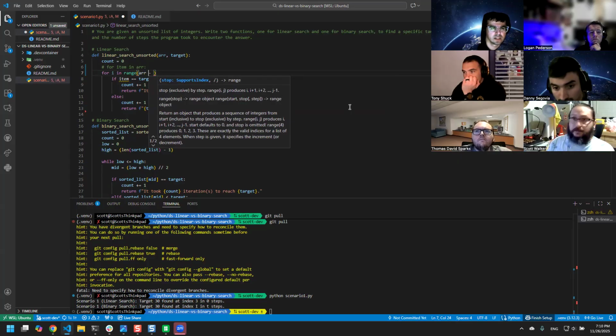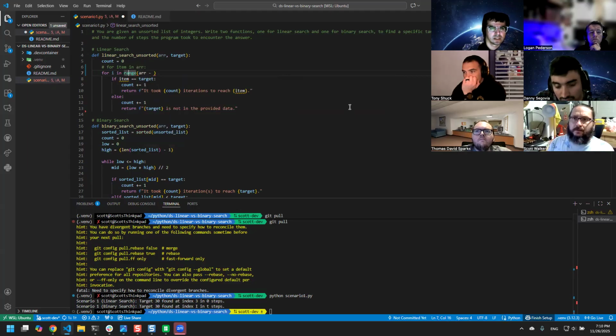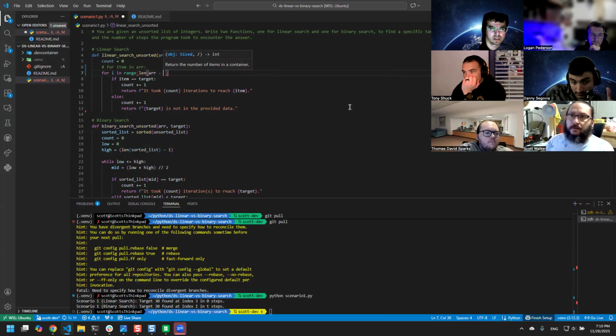Oh yeah. Inside the parentheses. Doesn't have to be -1, it's just length of r. And then you're missing one more parenthesis and a colon.